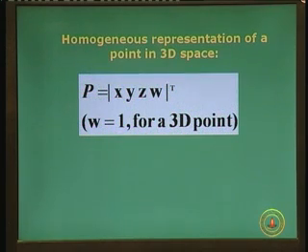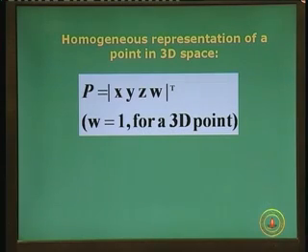Okay. And if you remember, a point in 2D was represented by two coordinates x and y. In 3D you have x, y and z, and I do not think you have any doubts now about why we need a homogeneous Cartesian coordinate system or a homogeneous representation of a point. The basic reason was that we had to represent translations also as matrix multiplication, like rotation, reflection, etc. So, you take a homogeneous coordinate system. In 2D we had 3 parameters, and for 3D we have 4 parameters, where W is the homogeneous parameter, which is typically taken as 1.